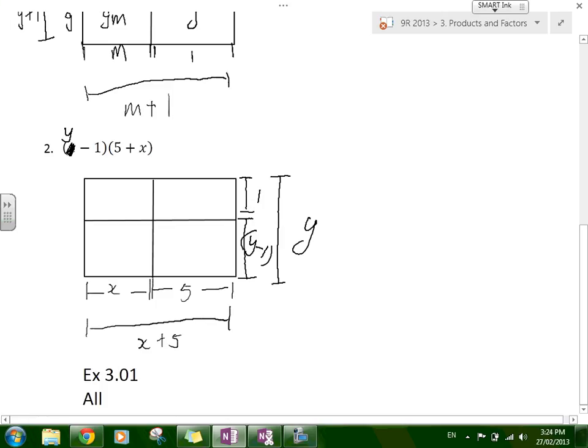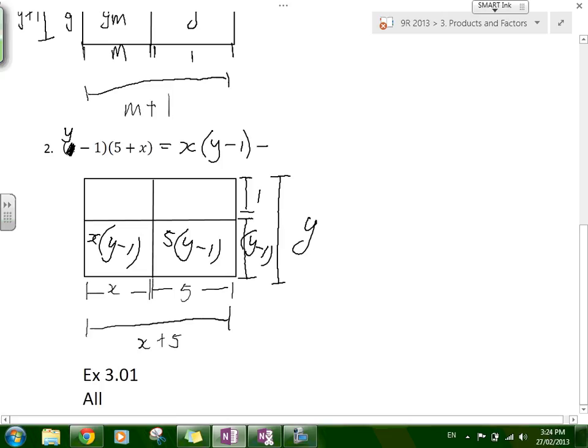Understanding this? So what we want to do is find y minus 1 times x plus 5. Y minus 1 times 5. What is it? 5, I'll just leave it in the brackets. And then this one is x, y minus 1. So this is going to equal x, y minus 1